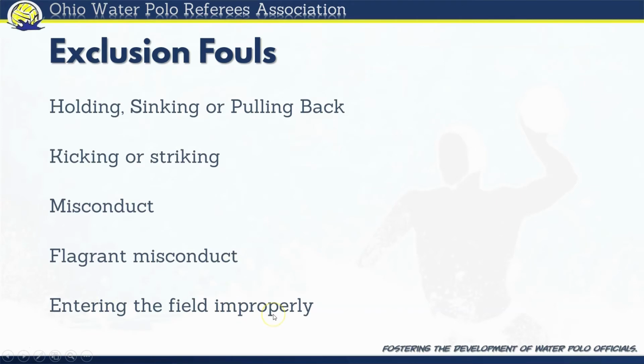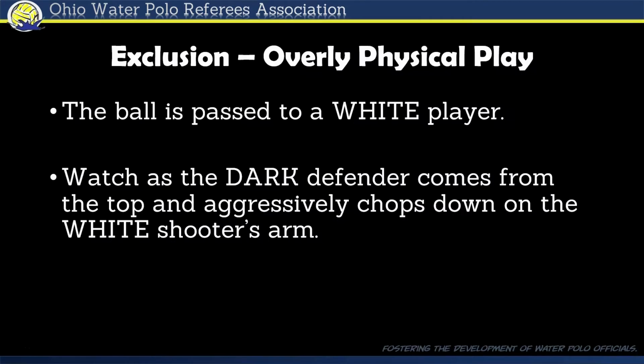Entering the field improperly is another example of an exclusion foul. If you come in early off of a 6-on-5 or something like that, that would be an example of entering the field improperly. Remember, here comes a video. The ball is going to be passed to a white player. Watch as a dark defender comes from the top, and she is just going to aggressively chop down on the white shooter's arm, and the backcourt referee,